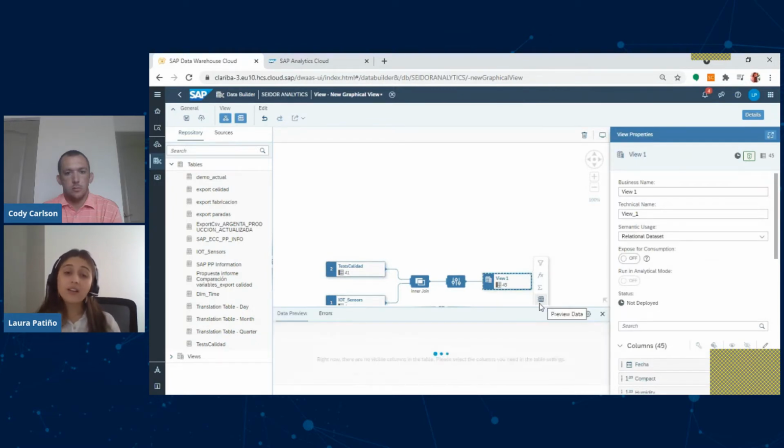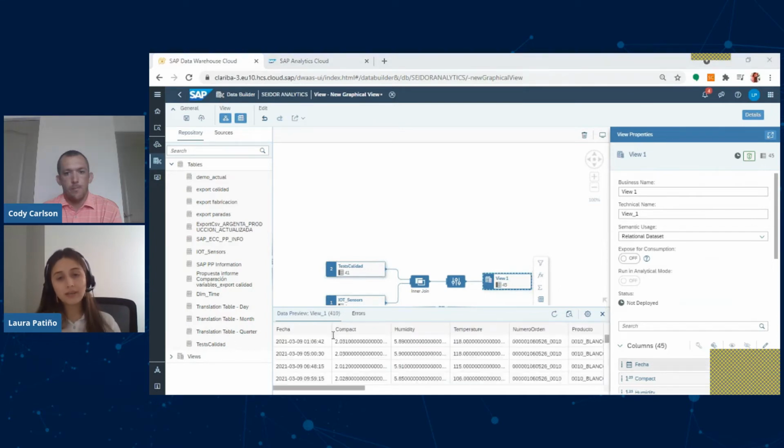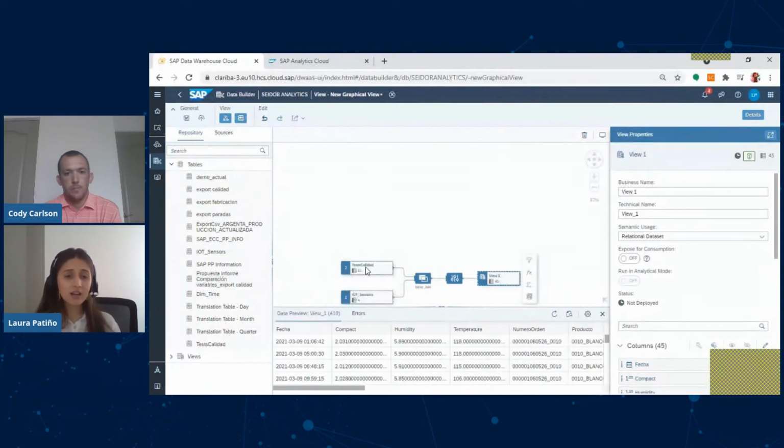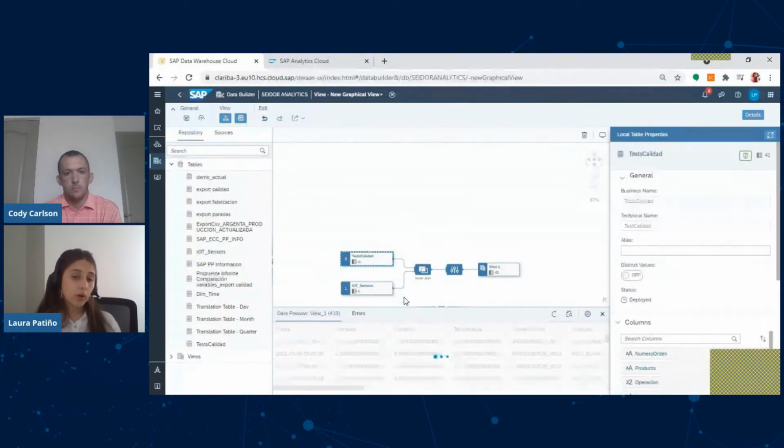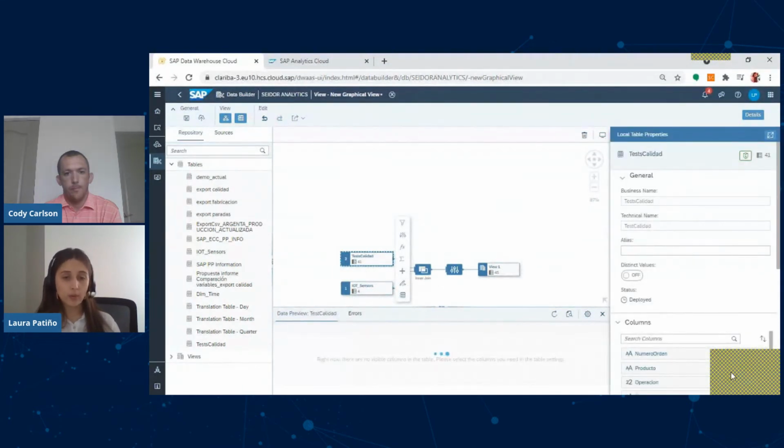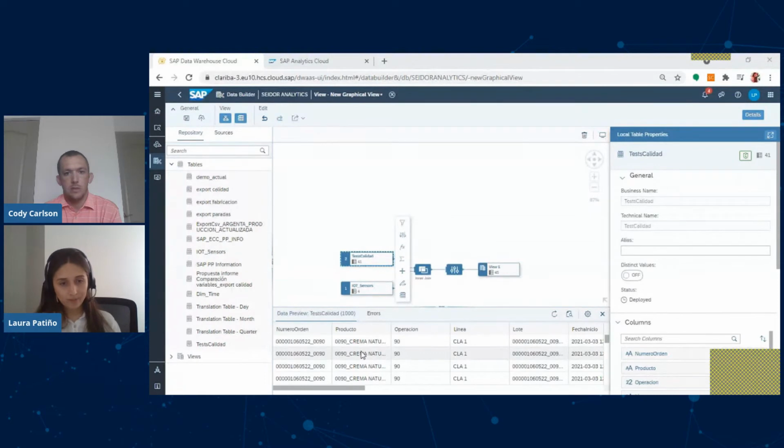And finally, it automatically created the view, which is the table that we will finally be consuming in the BI component that comes with DWC. In this case, I can also have a preview of the information in those different tables.